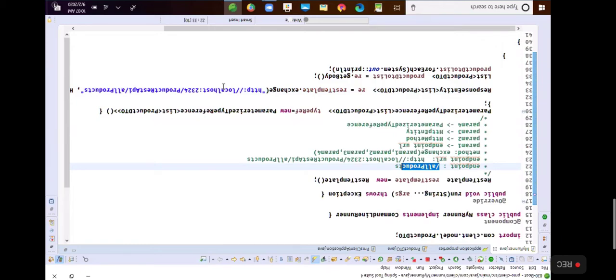It sends the data in JSON format, but I want to capture that data into the generic type list of product details. And for that reason, we have created a parameterized type reference object. The parameterized type reference object is used to capture the data into a generic type. Okay. Right.